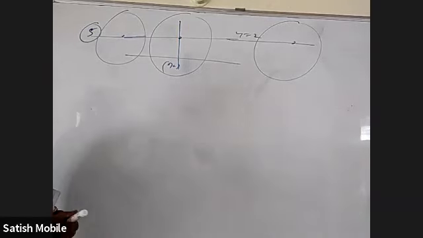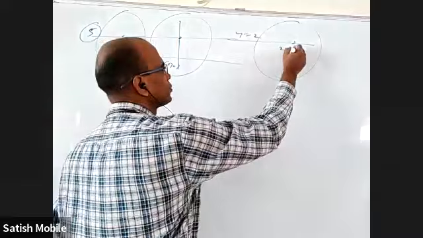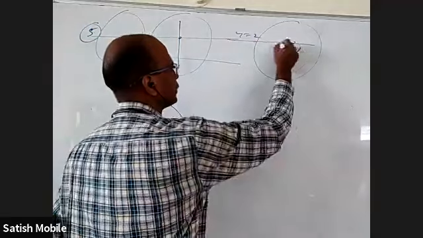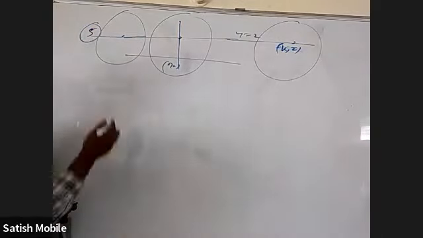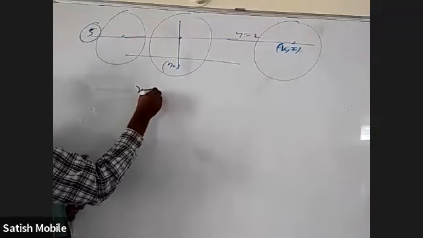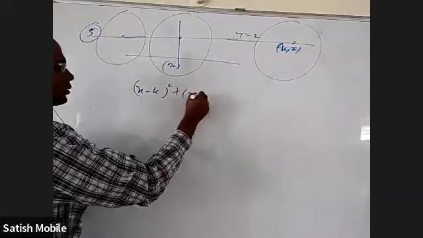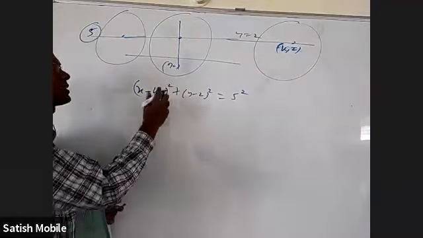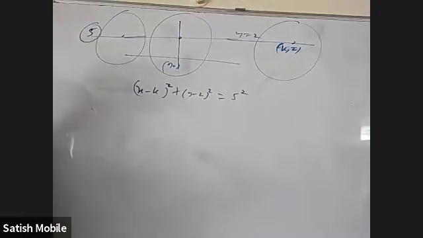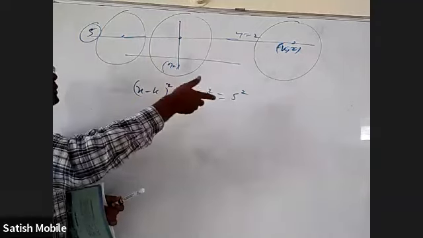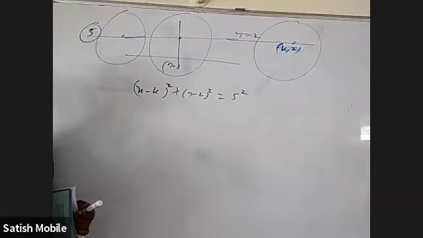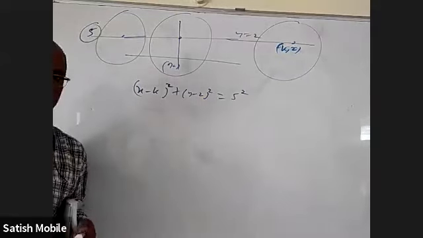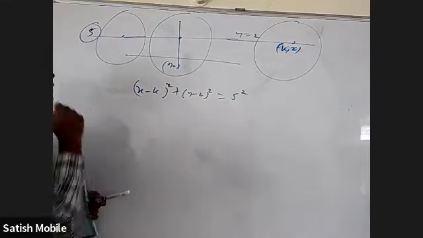But it's not a very difficult question because the center will be k comma 2, because only the y coordinate is 2, the x coordinate keeps changing, and radius is 5. So the equation of the circle is (x minus k) whole square plus (y minus 2) whole square equal to 5 square. Instead of giving this directly and saying find the differential equation, they said it is a family of circles whose center is on y equal to 2 and of radius 5. Again, only one variable constant k. We have to differentiate only once and then eliminate the k.